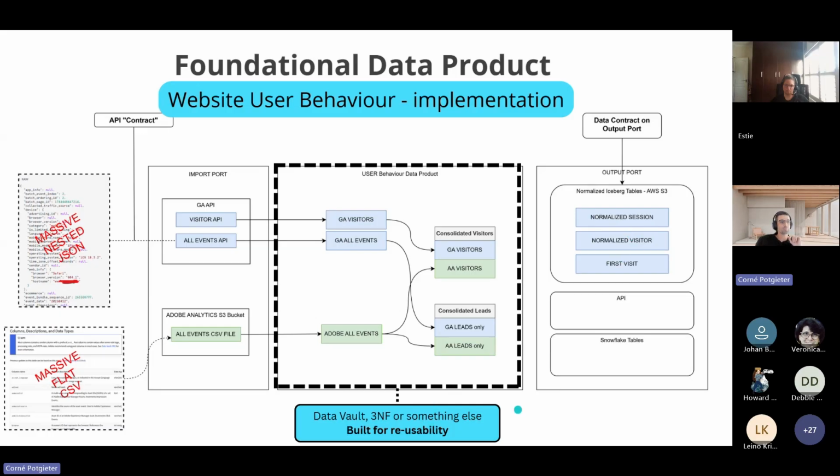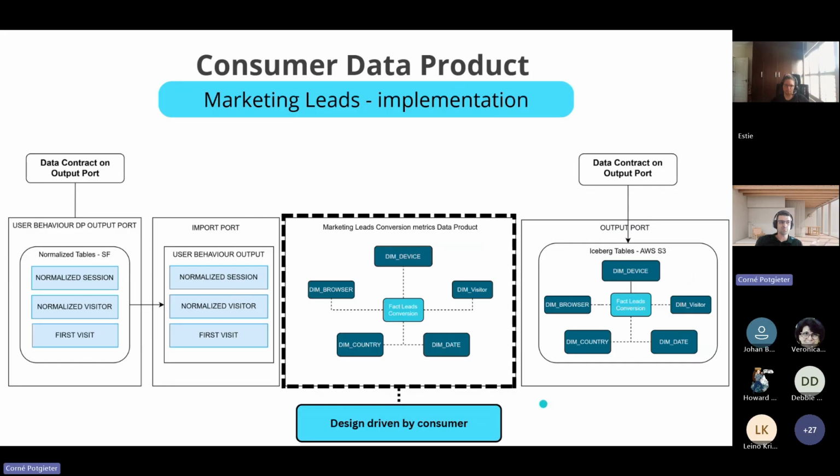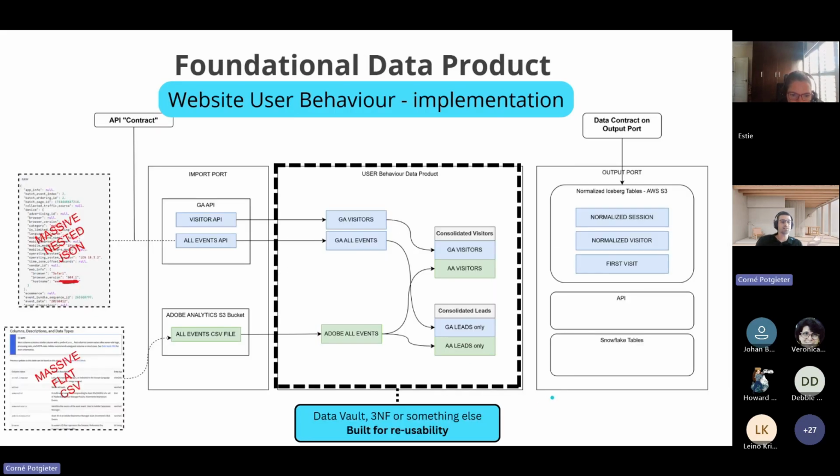So as I said, it's built for reusability, and the modeling technique that you use in the data product will be largely driven by reusability. You can still use Data Vault or whatever modeling technique you are interested in, but this will be decided and owned by the domain that owns this data product, and it is driven by reusability, not for end user consumption. So in my experience, let's go back one slide.